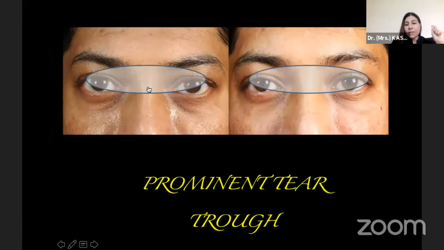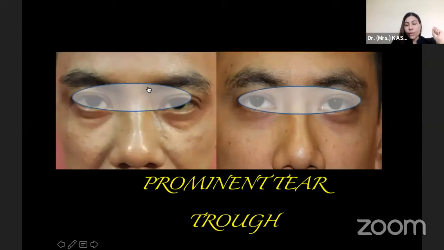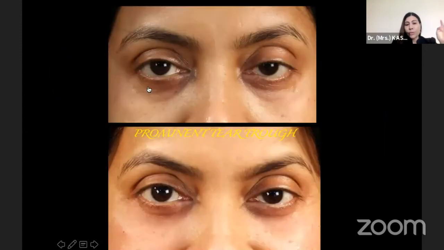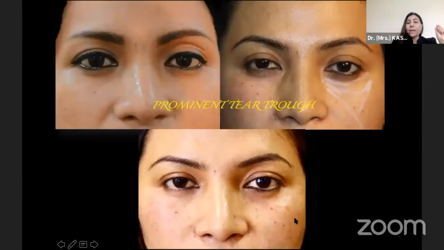So when you have a prominent tear trough like this, the treatment is, yes, dermal filler. So you need to differentiate when you need to inject the dermal filler or when you need to go ahead with the surgery. For a prominent tear trough without much hills, without much fat prolapse, the treatment is to inject in the classical 3 points that I have already mentioned. And where do you place them? If you draw a line just on the inferior orbital rim and 1 centimeter below you draw the second line, the space between these two lines is where you need to inject the TT1, TT2, TT3, which really corrects the tear trough.